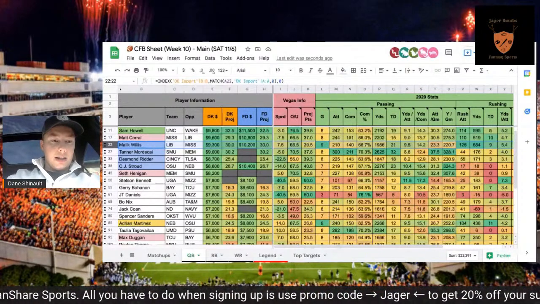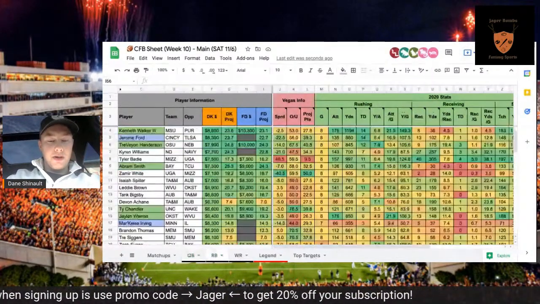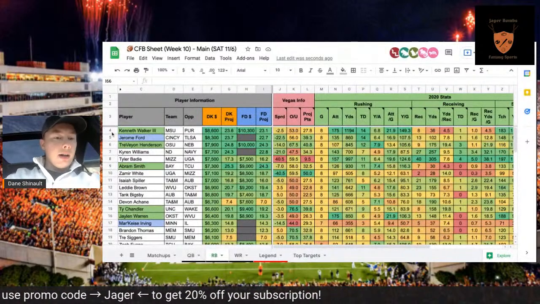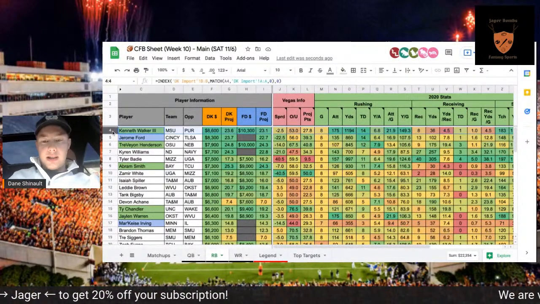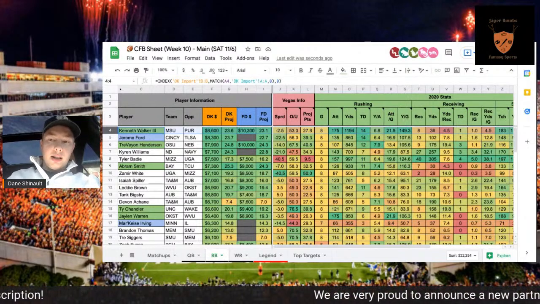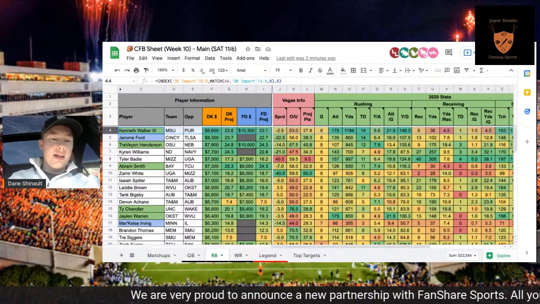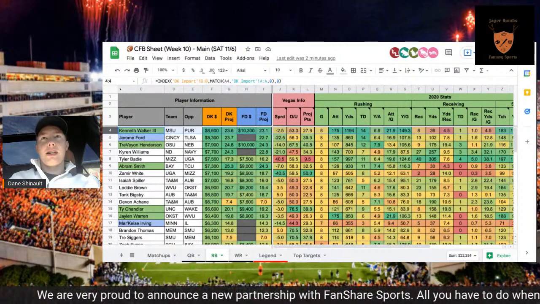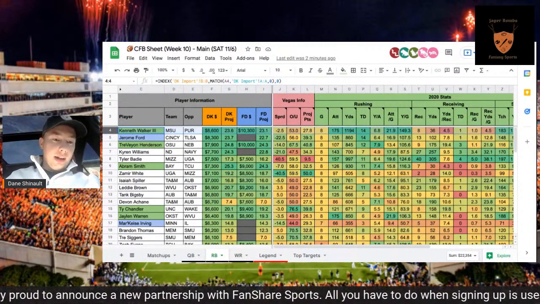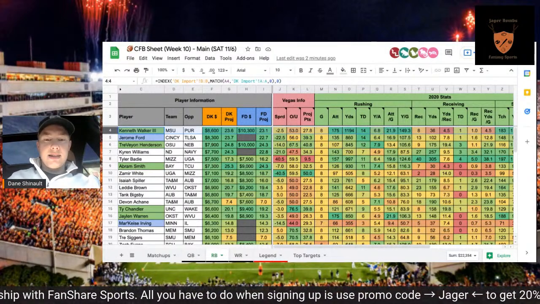Running back position. I like some of these mid-range options quite a bit today. Kenneth Walker, priced at 8,600, is not a mid-range option. But listen, this guy gets tons of work. Blew up Michigan last week unexpectedly. Obviously I expected him to get the workload, but didn't expect him to do what he did touchdown-wise against a